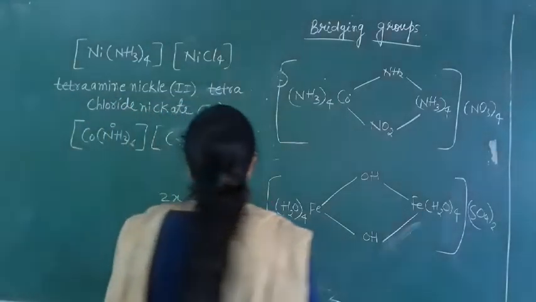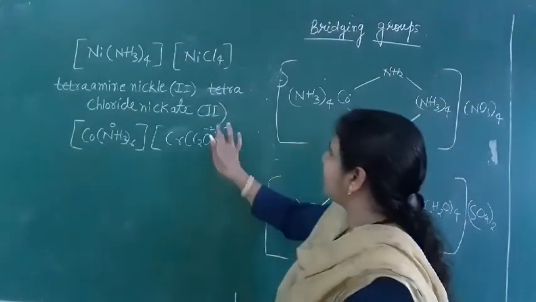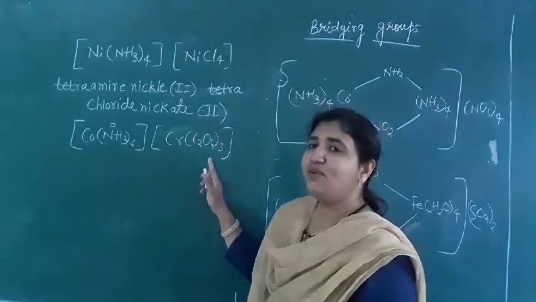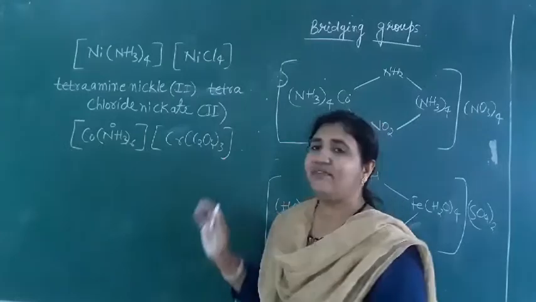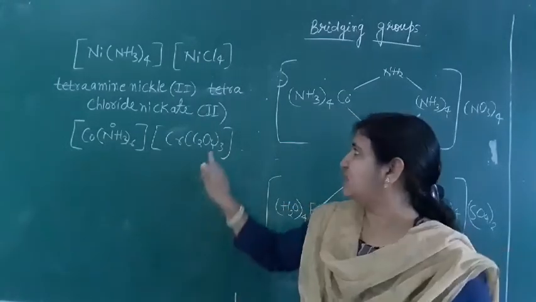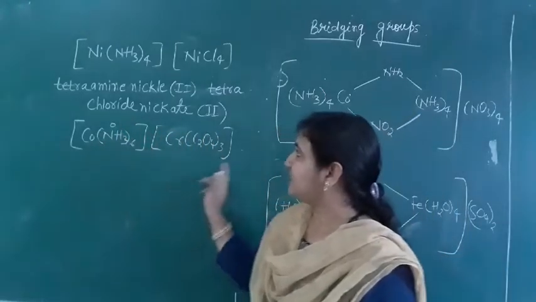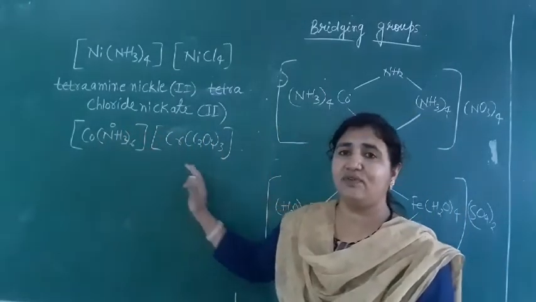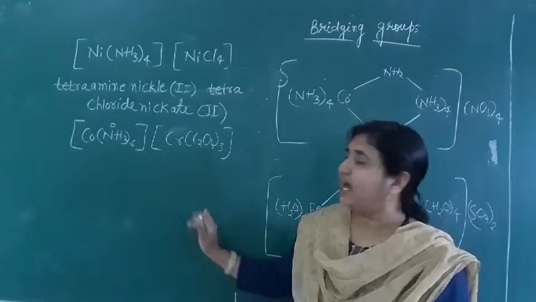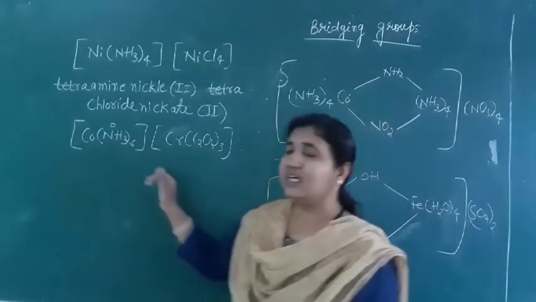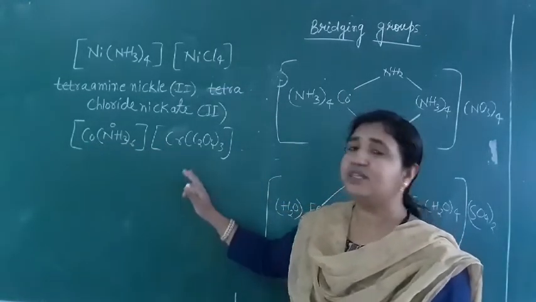What you will do? Just remember this one. How many negative ions are there, that you just have to divide by 2 here. 6 will come here, 6 by 2 you have to do. Total charges are how many, that you have to divide with 2. Okay, and each one will carry the same charge, that means here 3.